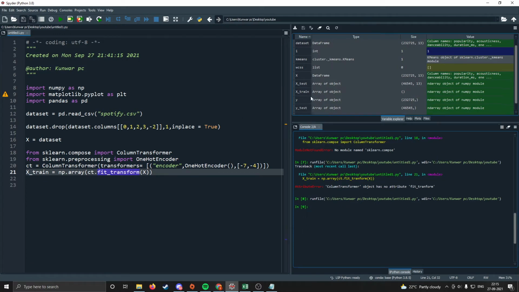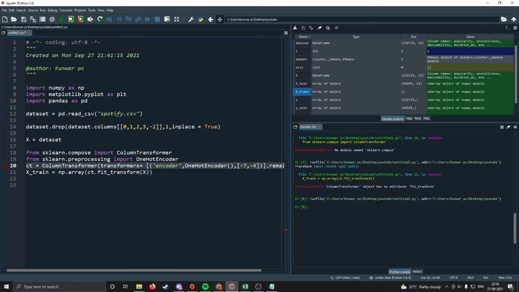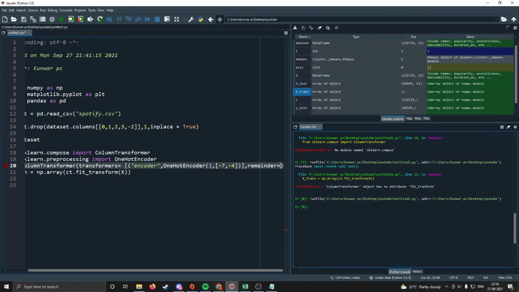Yeah, so you see we have x train here right now. X train is returned, and we have to add something called remainder passthrough. What it does is it will let go whatever value should be ignored. So we just type that remainder equals passthrough,